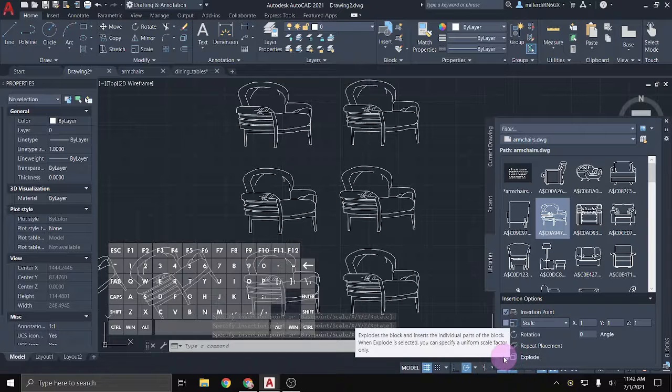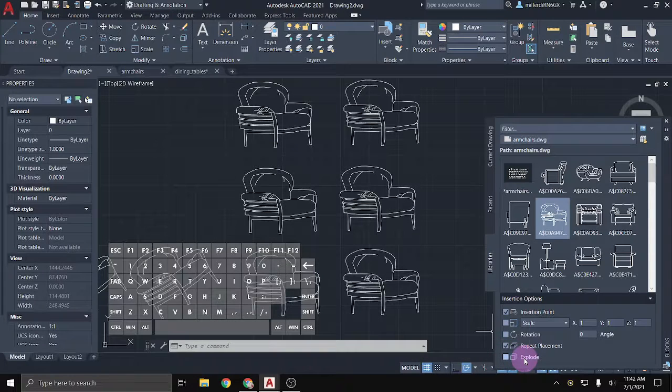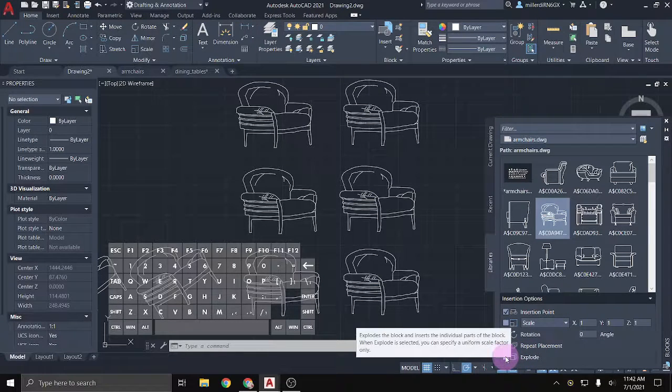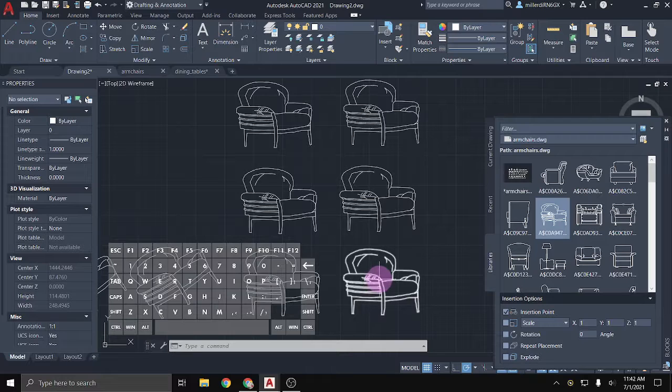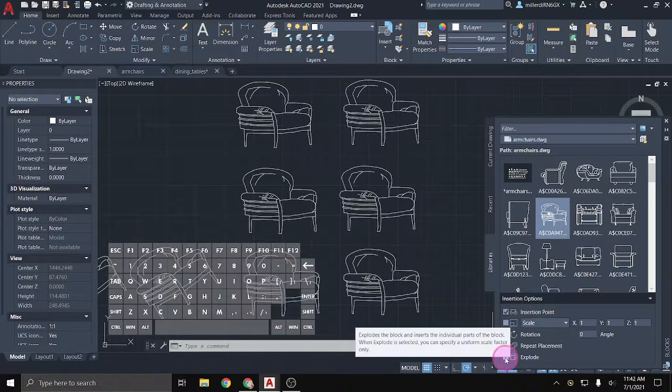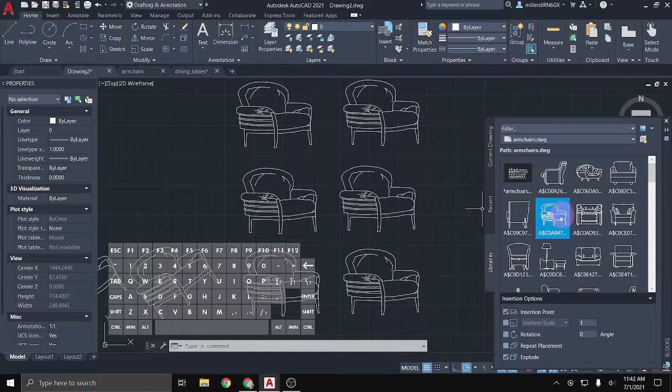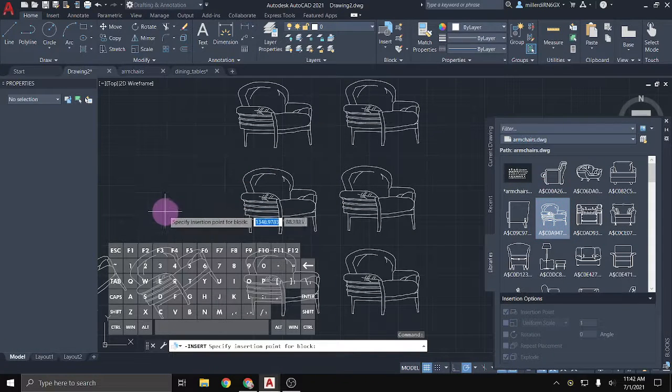And then this final option is explode, which would separate it. This is the option that I frequently use when inserting blocks, because we can see here that everything is grouped as one piece, which isn't necessarily a bad thing for these chairs. But if I check off explode and go to put my block in,